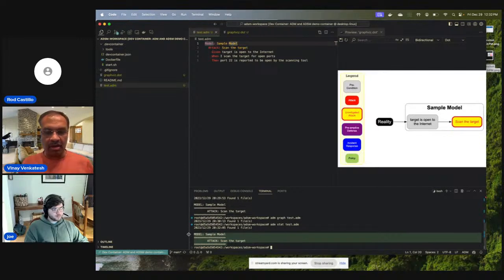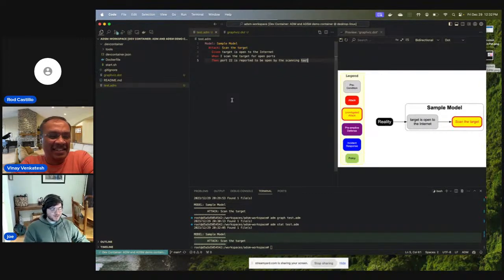Okay, can you run ADM graph? I'll probably stop sharing, and later we can debug your model. Cannot initialize a null model object. So probably you haven't saved your file. Oh, yes, that seems to be the problem. I'm used to it saving automatically. It doesn't do that on Linux. Yeah, we're good now. Let me run the graph, and then if I open graphviz.dot,